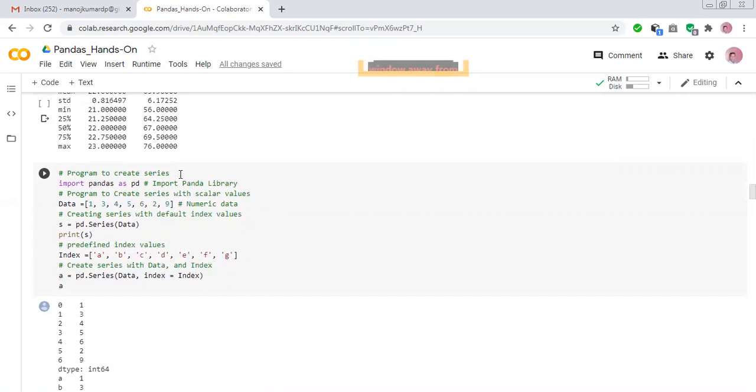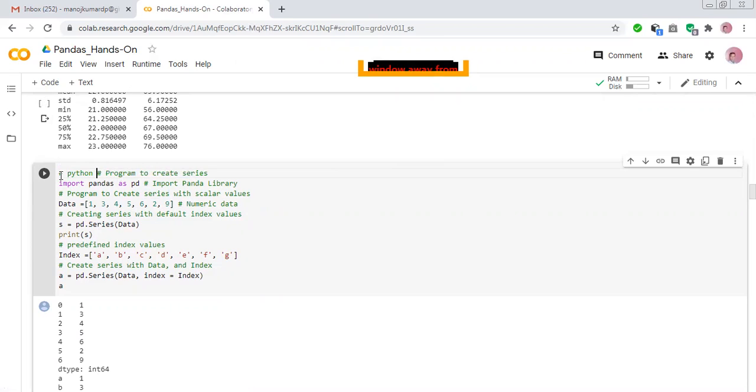So before that, I will give you the statement and what it will do. So it is Python pandas, sorry, take it in caps: Python pandas programs